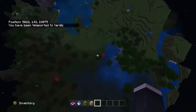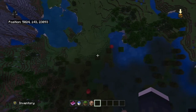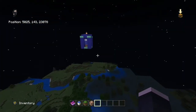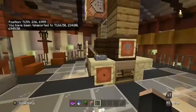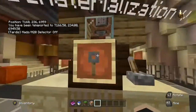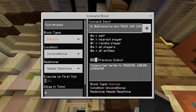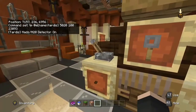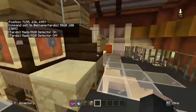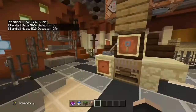This is an example of what would happen if it detected water. If you turned on HADS and HADS automatically detected water, this is how you would go somewhere new. Let's say it detected water. Before you leave, you turn it off. You hit quick dematerialization. Then you go back to step 2, then step 3, then step 4. Then you can click the materialization button if nothing happens. But if it automatically detects water, you do what it tells you to do. So just for an example, I will